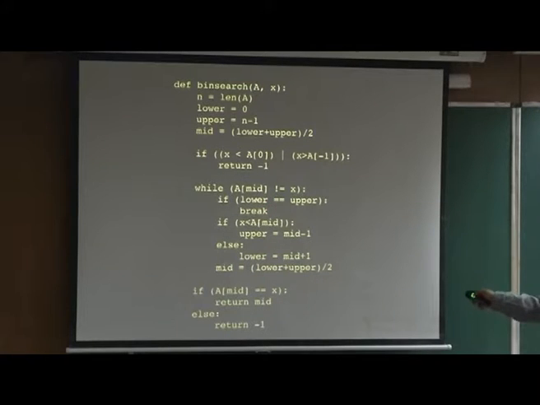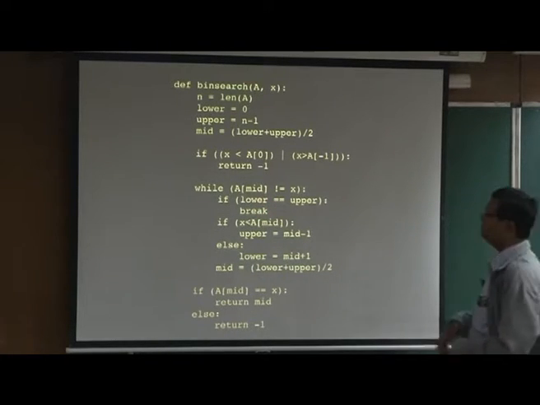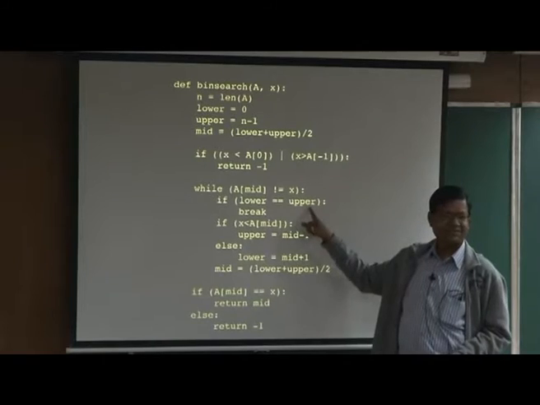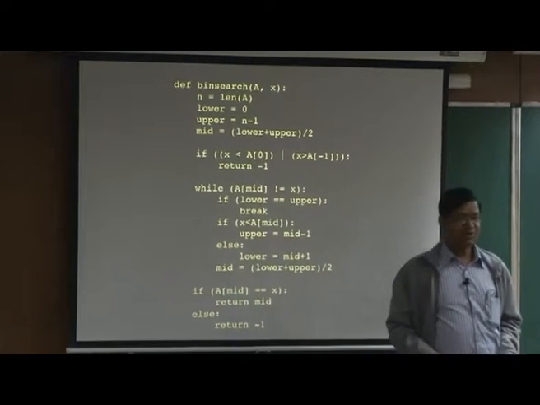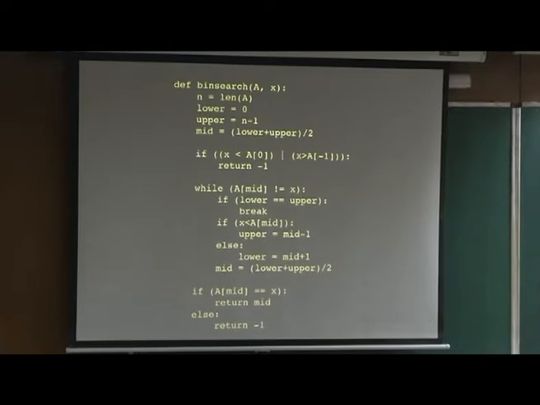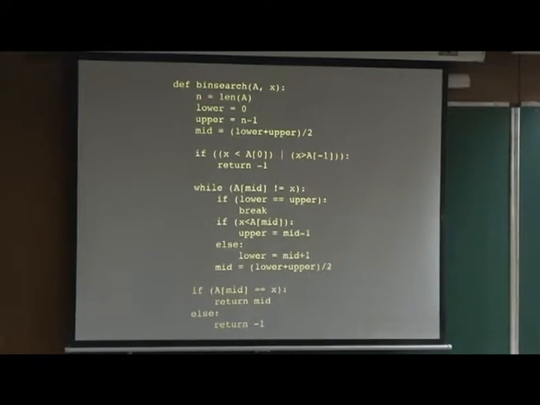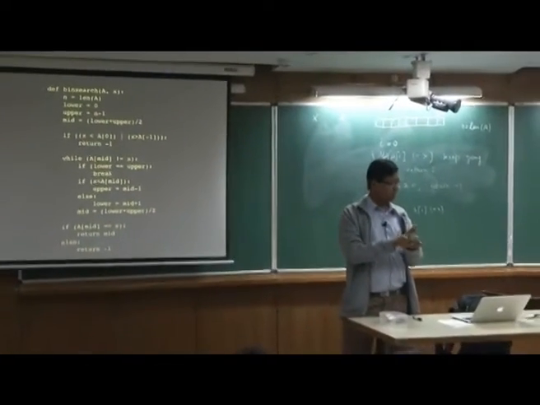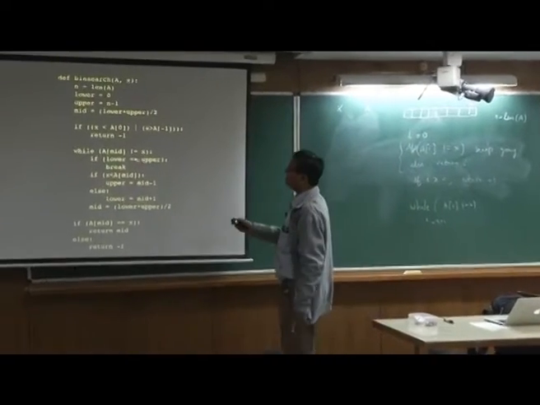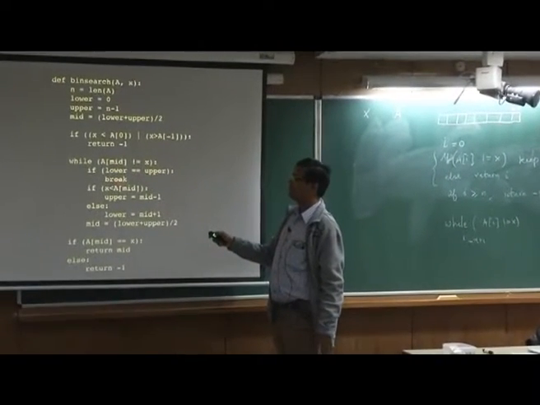This is again a condition. If lower is equal to upper and a mid is not equal to x, then what do you know? It doesn't belong to the array, right? You come down to the bottom of the tree, where lower equals upper, and if this is not true, then you break.